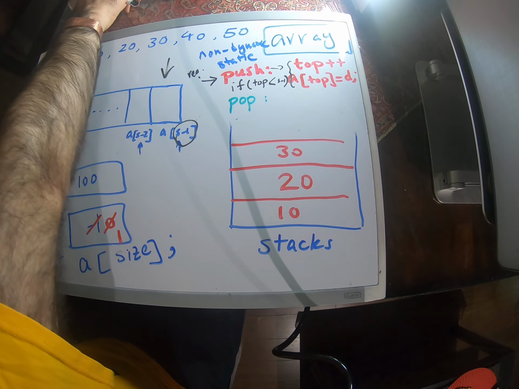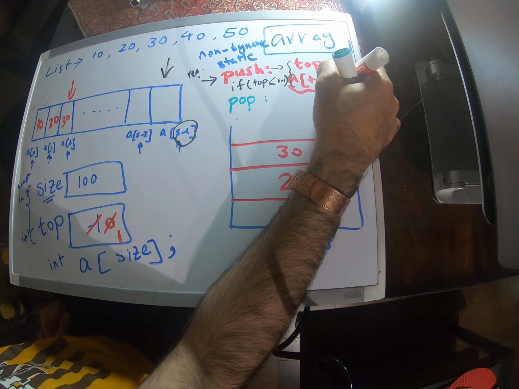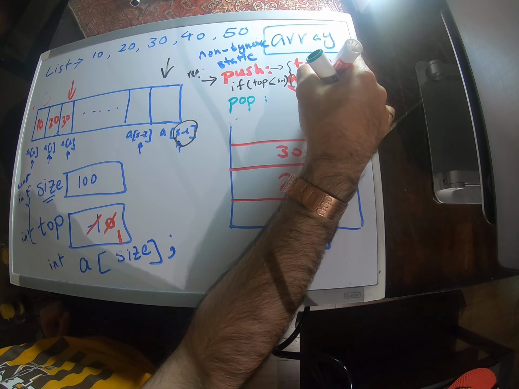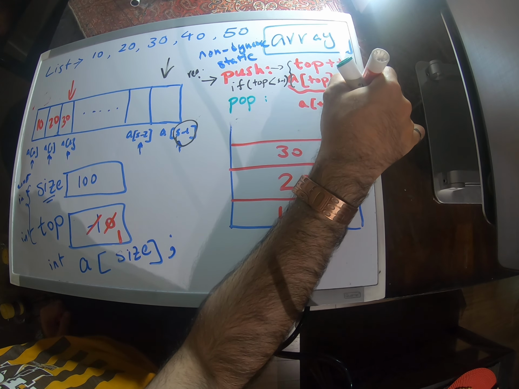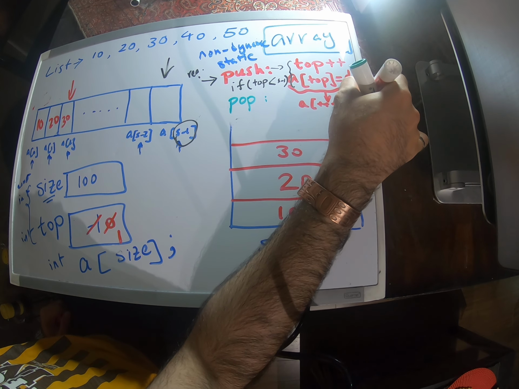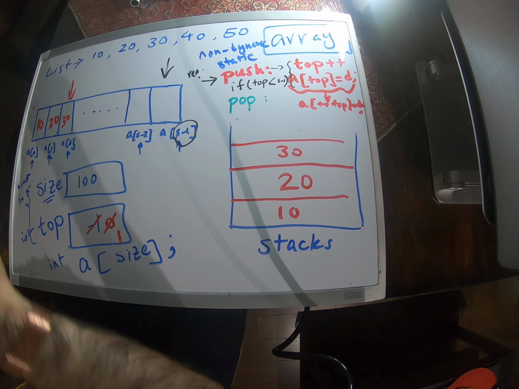If I want to implement this using C++ notation, I can do it like this: a[++top] = the argument. If you want to do pop,